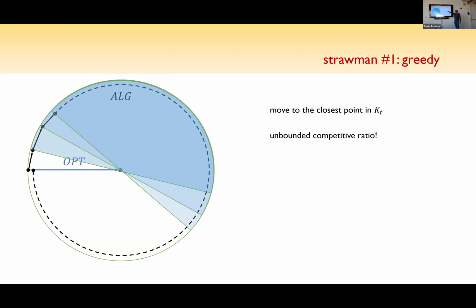So unbounded competitive ratio. Opt is just this distance where I make you go around. By the way, it's an interesting thing, and it took us a little while to prove, and we had to use some technology to prove this: for the nested case, you can actually show exponential in the dimension.